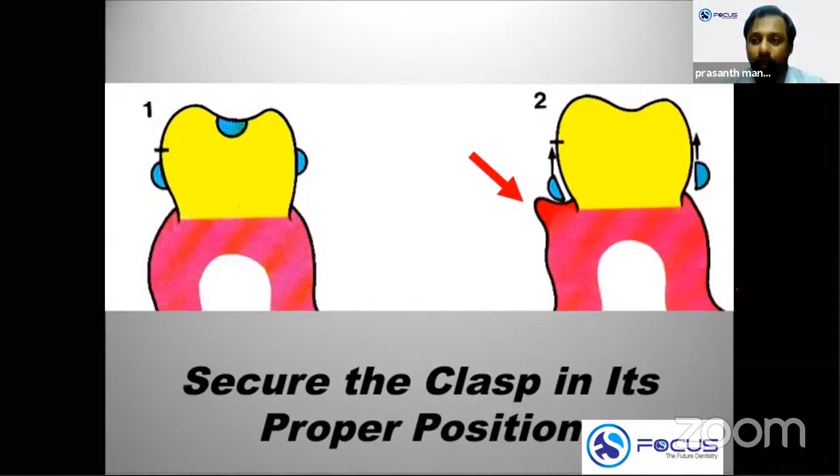Third one, it helps to secure the clasp assembly in its position, or it prevents the clasp assembly from impinging over the soft tissue. See, when the occlusal forces act upon it, the clasp assembly will not move because there is a rest seat which will support the clasp assembly. So there won't be any impingement of the tip of the clasp arm over the soft tissue or the underlying gingival margin. Clear? So it prevents the soft tissue impingement by the tip of the clasp.